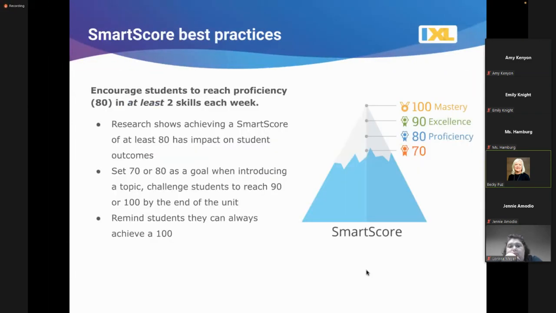Here's that quick review around that SMART score, and I talked about it a moment ago. Remember, when they first start working on any of the skills, whether it's a skill being recommended from the diagnostic or a skill you've assigned, it will always start at a 0 when they first begin. And the maximum SMART score is that 100. As they're working, 80 means that they're proficient on the skill, 90 means excellent, 100 means that they've truly mastered